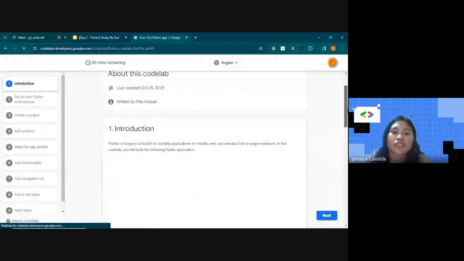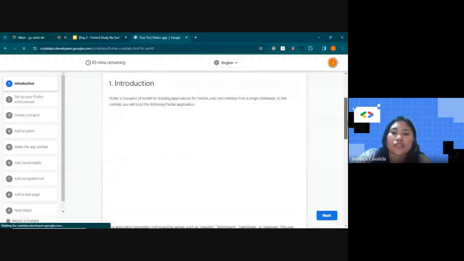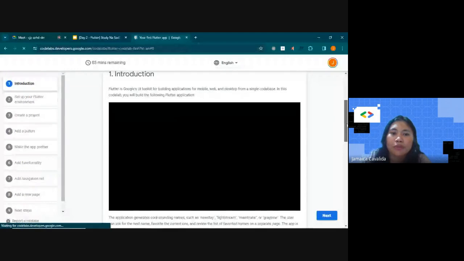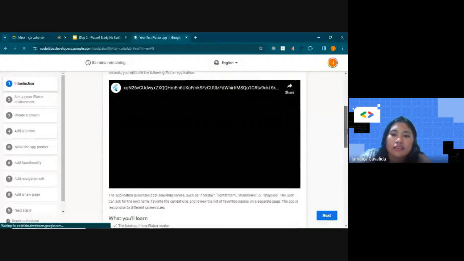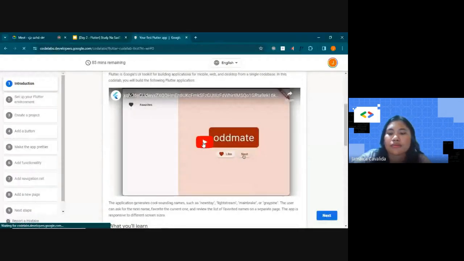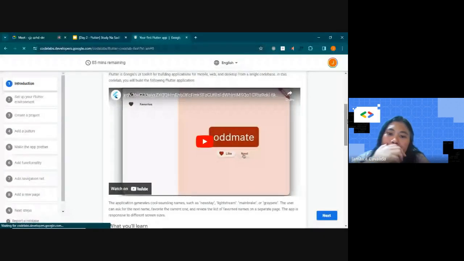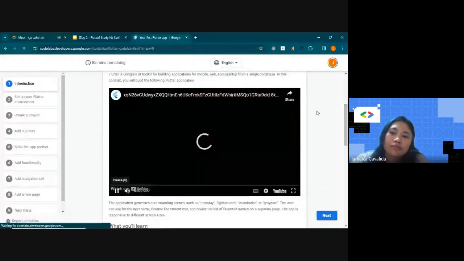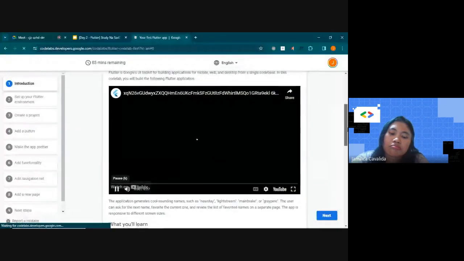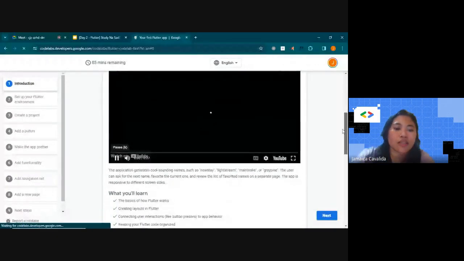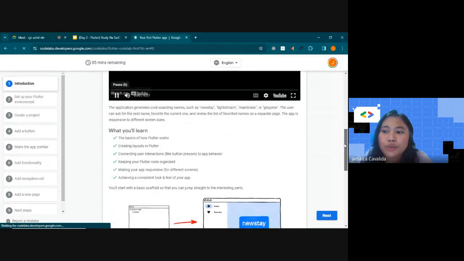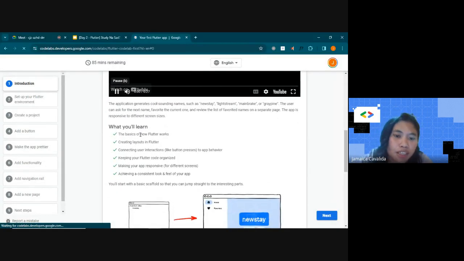So introduction, in this code lab you will be building a simple Flutter application. So kini siya, and ano siya kung gawas. Not siya, loading siya. So, basic, what you will be learning on this code lab, the basics of how Flutter